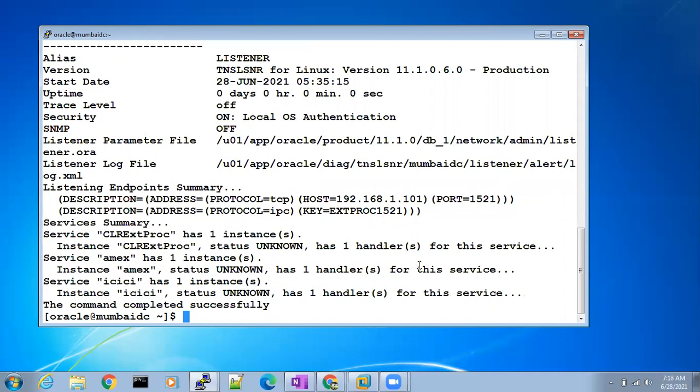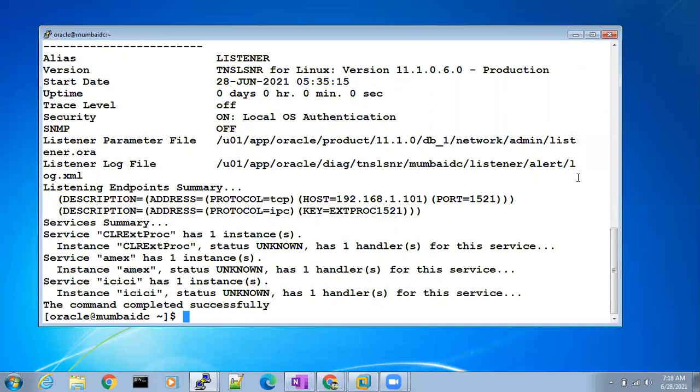How to check if the databases are turned on or not? Listen carefully. This is a day-to-day command that we use in our daily life. How to check how many databases are running from this server? The command is ps space hyphen ef pipe grep pmon.